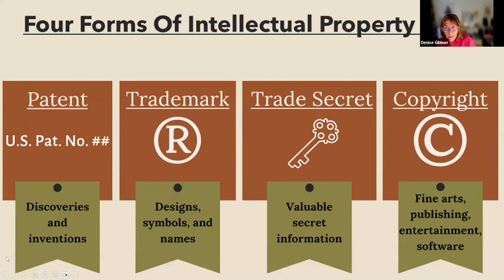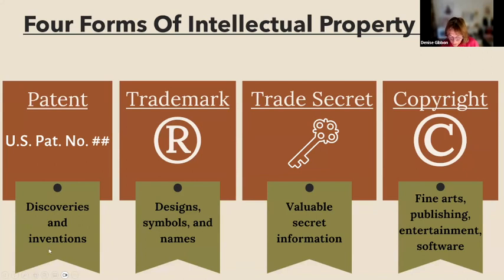we've got four major forms of intellectual property. We've got patent, trademark, trade secret, and copyright. Once you've created that piece of intellectual property, how do you protect it? You've got to find the right category for it. Patents protect inventions and discoveries. I didn't invent or discover anything, so I need to move on. Trademarks protect designs, symbols, and names in commerce. Although I may find some use for trademark if I decide to do a series of works about this same reporter working on the newspaper,